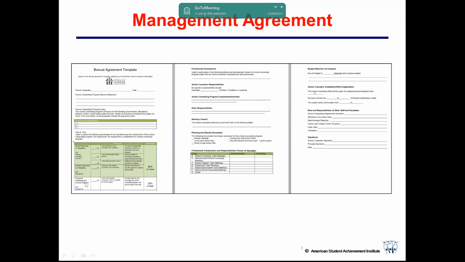They're also suggesting that the indirect services and program planning, they've kind of separated those out. Program planning, they're suggesting, only has 20% of your time, and the direct services, where you're directly with students, parents, teachers, working face-to-face with people, that would be 80% of your time. So we're just spelling out the percentage of time that you would put into these different types of activities. And I made some notes over here on the left about how the RSC terminology would fit into these divisions.